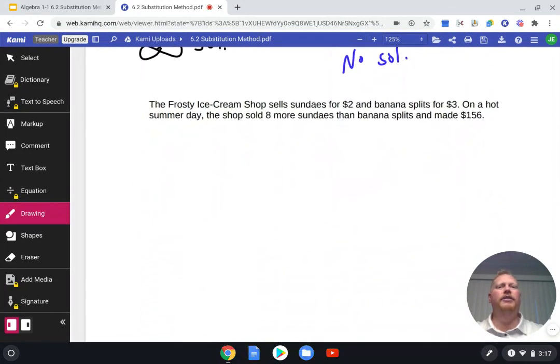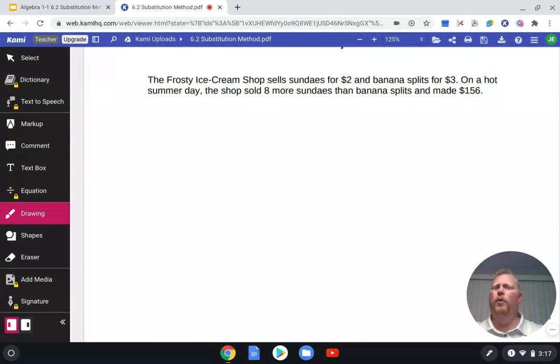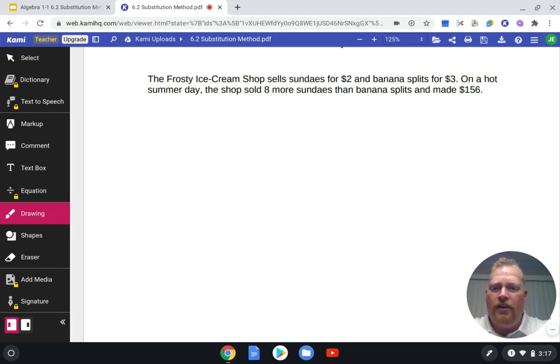Last thing. Let's talk about some word problems. How are we going to use what we just learned to figure out some real-life scenarios? So, step 1 in word problems, you read it. The Frosty ice cream shop sells sundaes for $2 and banana splits for $3. On a hot summer day, the shop sold 8 more sundaes than banana splits and made $156. So, how many banana splits and how many